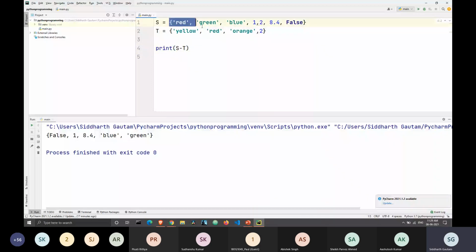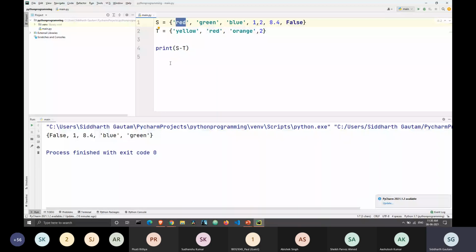The elements which have been removed are the number 2 and also the string red. Both of these, red and 2, are common in both S and T. That's why they get removed from S. Since I'm doing S minus T, all the common elements will get removed from S, okay?